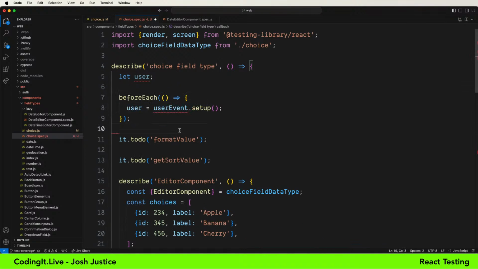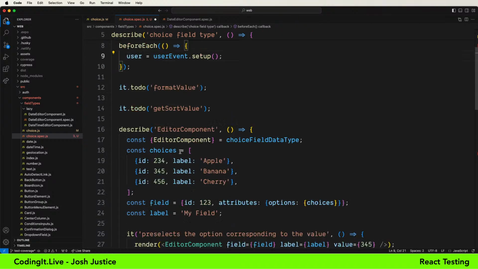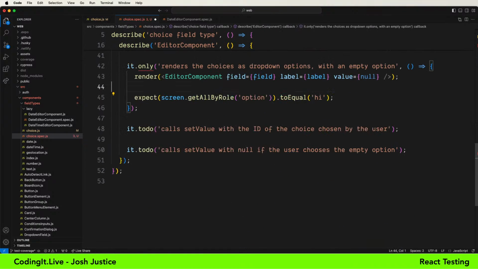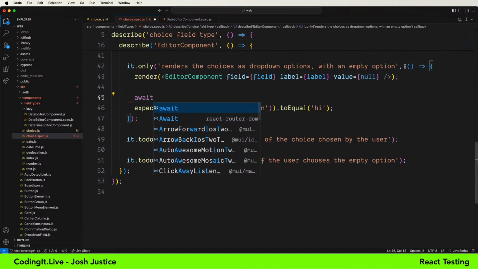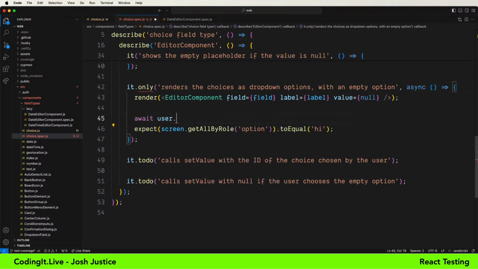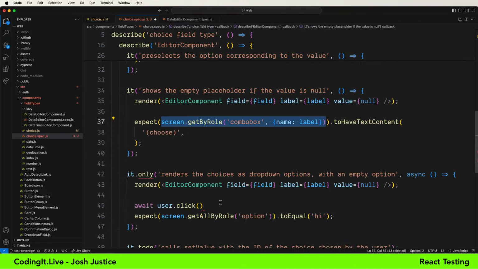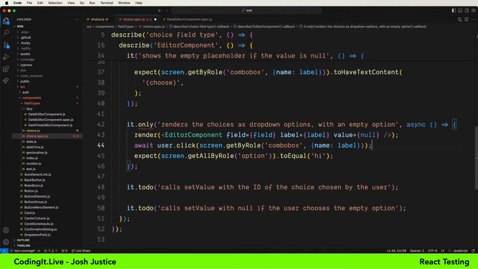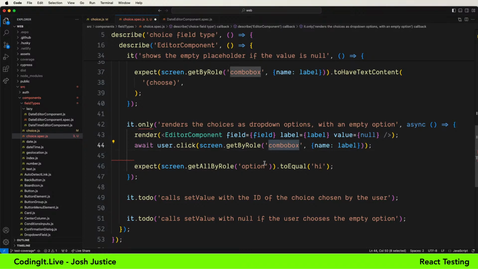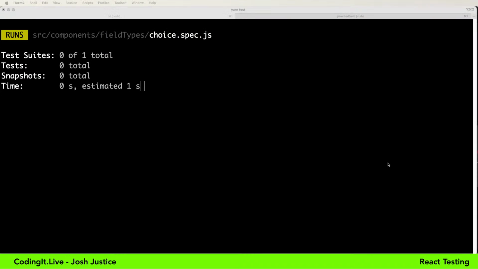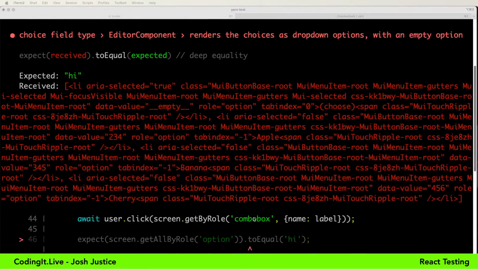But we're going to set up our user. We're going to import userEvent. And we're going to say await user.click on the combo box. And we could just say name label, just to make 100% sure. So when we click on it, the options will show, and we'll see again now if we get any output from this. Yes, we have several of them, and they're elements, so I guess we could use just DOM matchers on those. In fact, probably toContainText.